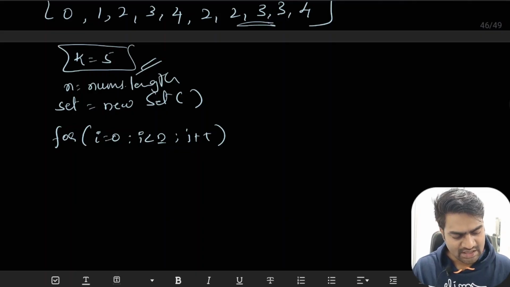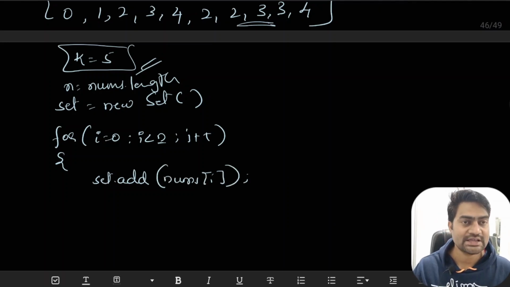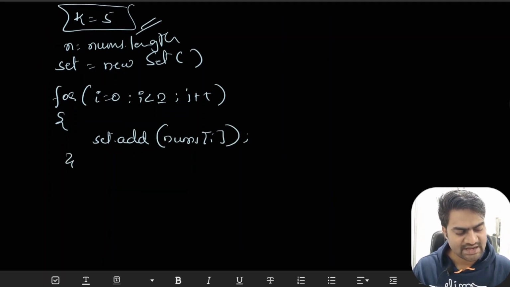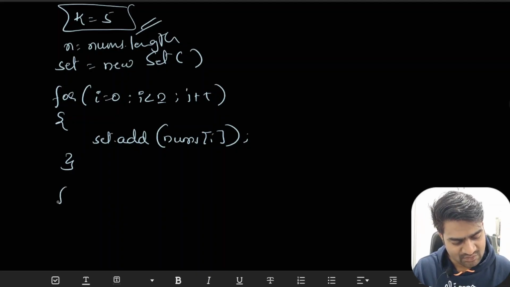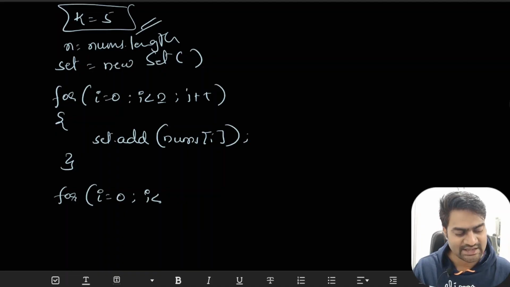Now I will say set dot add nums of i. So this is adding values to the set. Now we need to replace the values in the original array. So for i equal to 0, i less than set dot size or length,